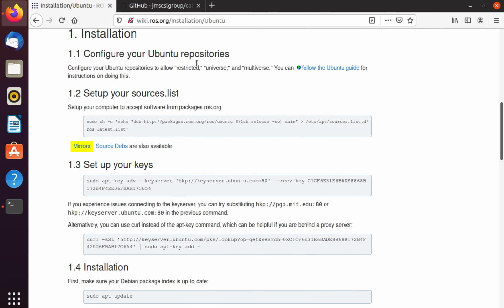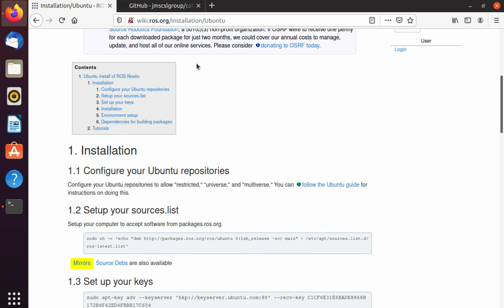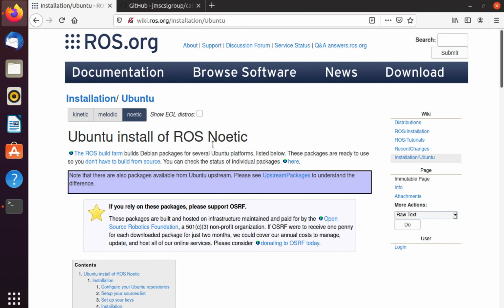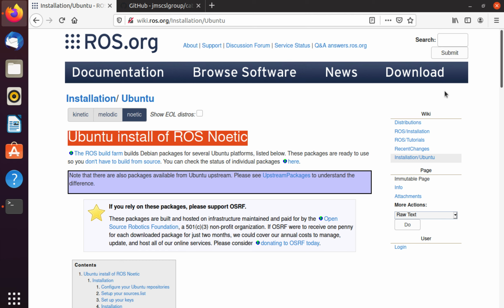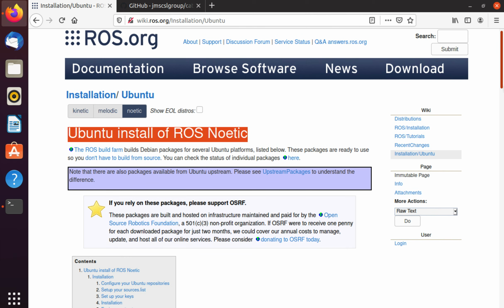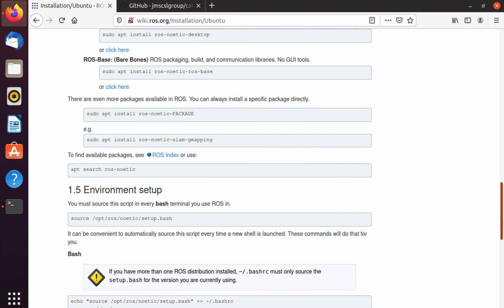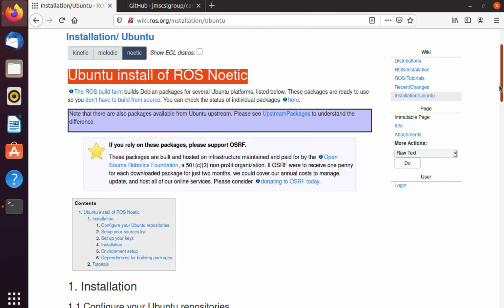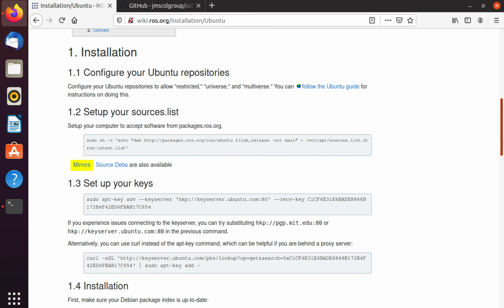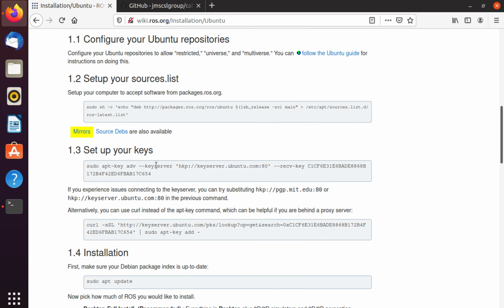And in your Google search, go ahead and put in ROS Noetic installation for Ubuntu. And make sure you go to this site, okay? Make sure it does say Ubuntu install of ROS Noetic. All right, so we're going to go ahead and follow the steps on how to install it from this guide here. So make sure to have it open because we're going to be copying and pasting from this site to the terminal. Okay, so with that said, let's go ahead and open our terminal